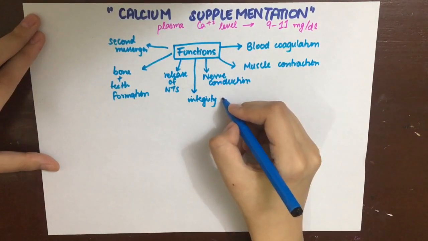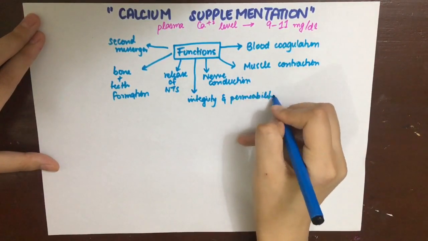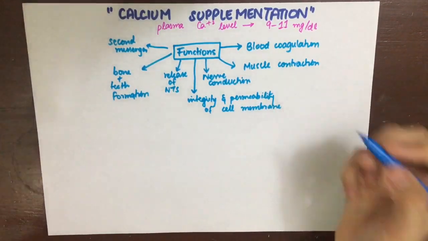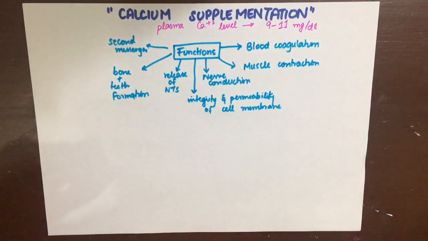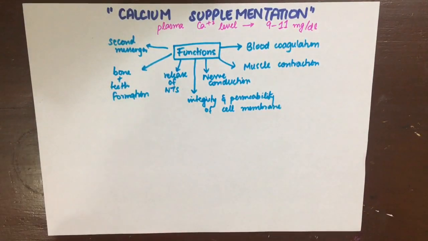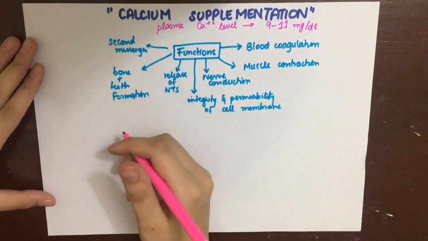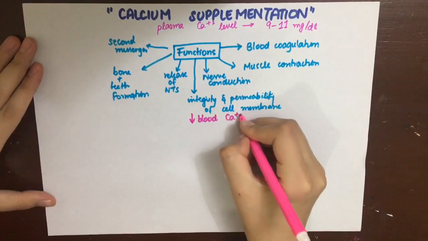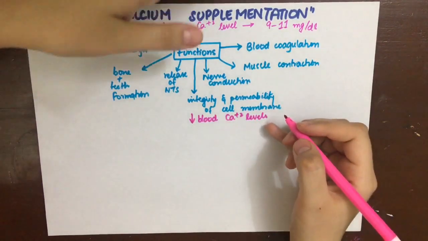The role of calcium in the integrity and permeability of the cell membrane can be seen by the fact that when there is hypocalcemia, there is a decreased level of calcium in the aqueous humor and increased sodium within the lens, due to a problem with the permeability of the lens, thus leading to cataract formation. Now, there are many conditions that are associated with decreased calcium blood levels, and it can lead to